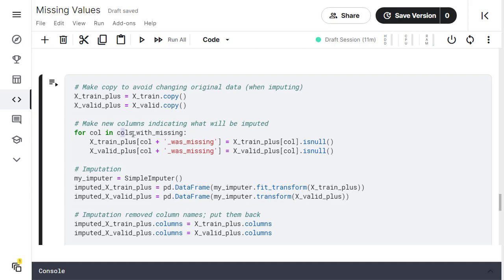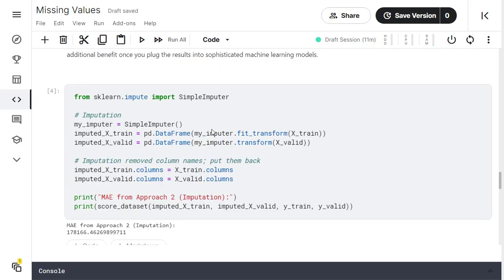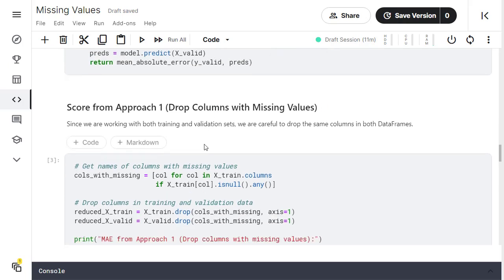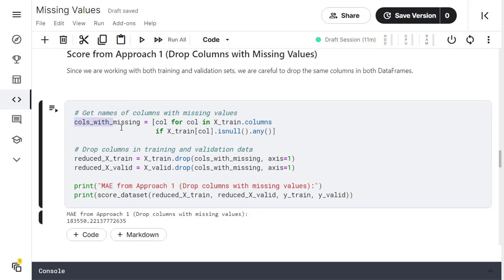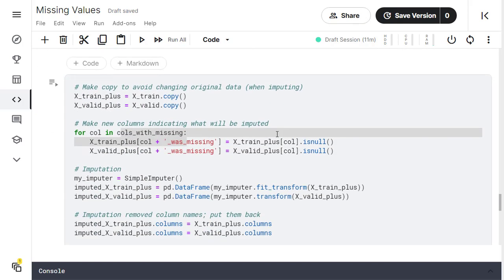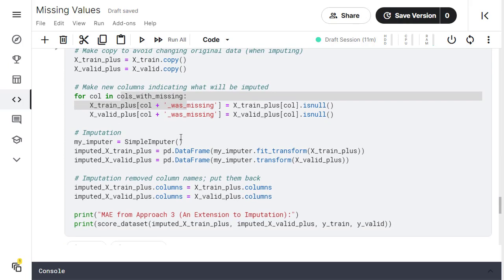Here columns with missing was computed by us previously. Using this list comprehension, we have found out which columns contain missing values. We are using the same list to create new columns and imputing true and false values. Now the next steps are the same as step number 2.